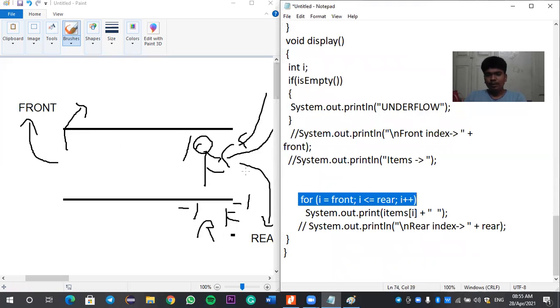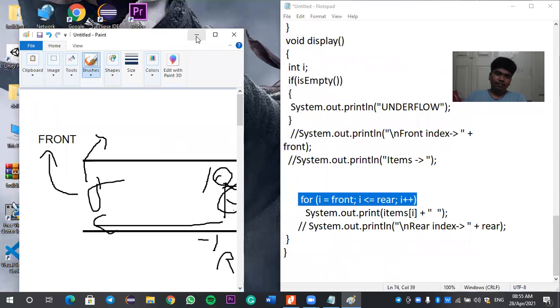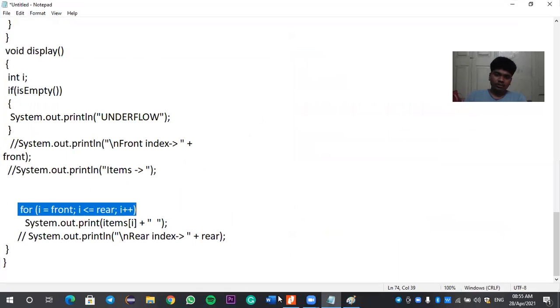So this is the for loop. i is equal to front, so this is front, and i less than or equal to rear, and then i plus plus. So i will be in this position, and then it is going to print the items one at a time, until the rear condition, the items are going to be displayed. So this is briefly about this queue along with its code.